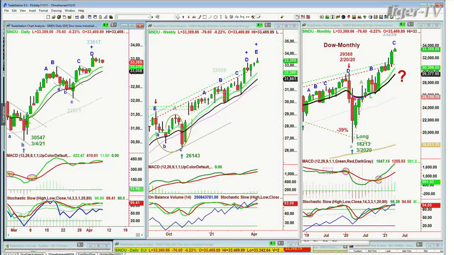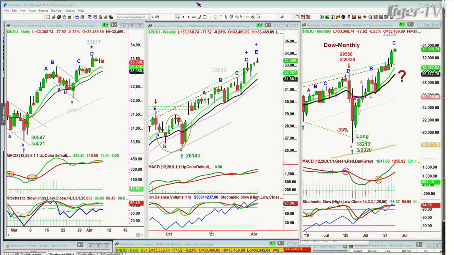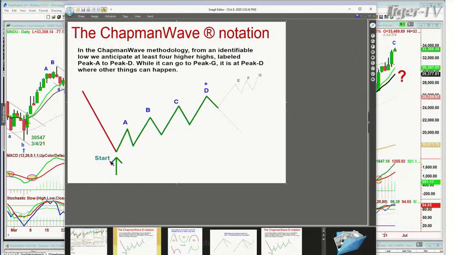So let me just go through this carefully. Within the context of the ChapmanWave methodology, we try to identify the lowest low bar and then count each successively higher peak. It's like a rising sawtooth wave, and each peak is alphabetized. I label them. This was all done during the period when Proctor was making Elliott Wave famous, and I thought, I don't want to get confused with Elliott Wave. Mine is so different. For people who have done my work, they know that it's a lot easier to decipher than Elliott Wave. Anyway, the basics of this is you identify a low bar, and each successive peak is alphabetized